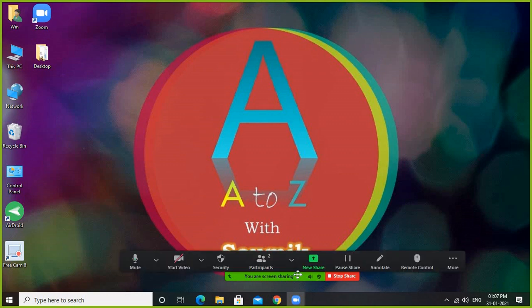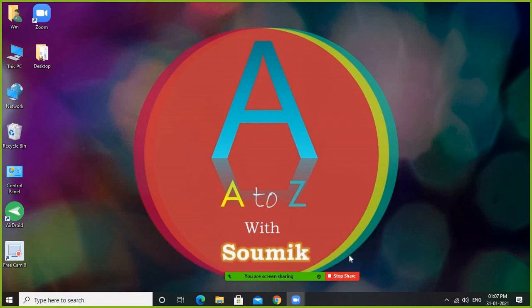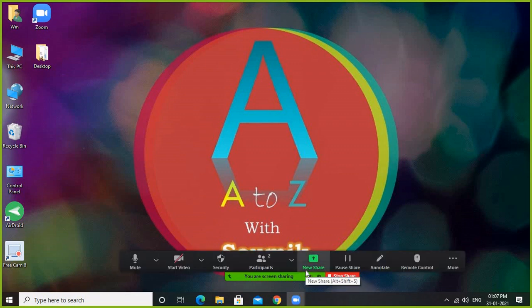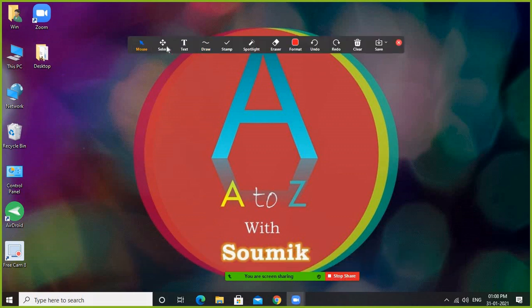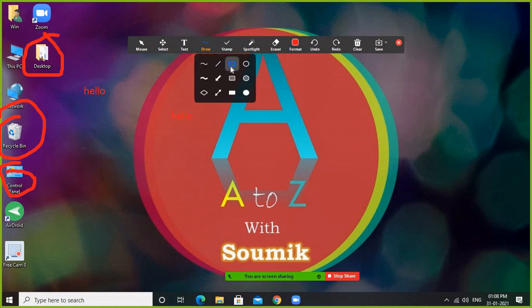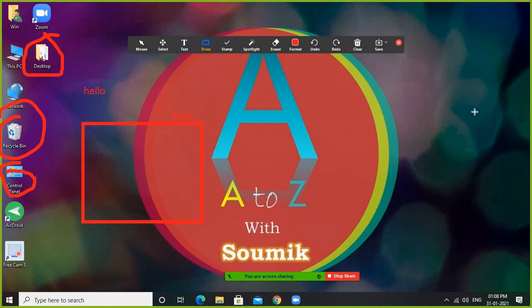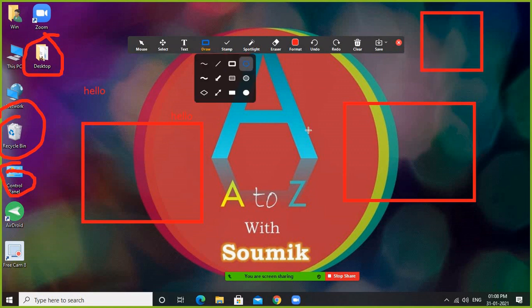Next option, if you want to select something, like a rectangle or anything, there is an annotation option. Click on annotate, and suppose there is a pointer option, this is the select option, like this one. Like the text option, if you want to write something on the desktop, you can write like hello. See, like you want to write hello there. Correct. If you want to draw something, you can draw like this. If you want to point something out like this, okay. If you want to use a square, you can use a square also. Lots of options are there, like circle is also there.